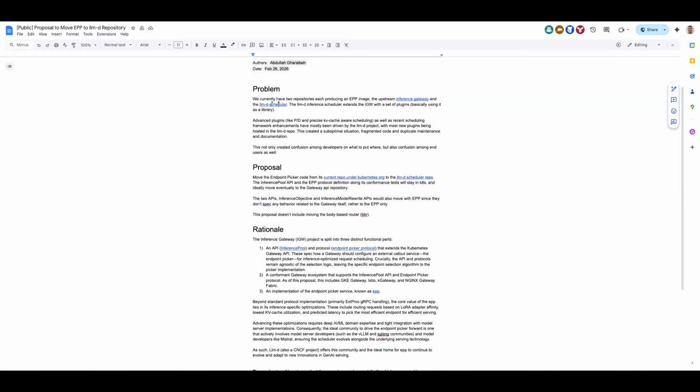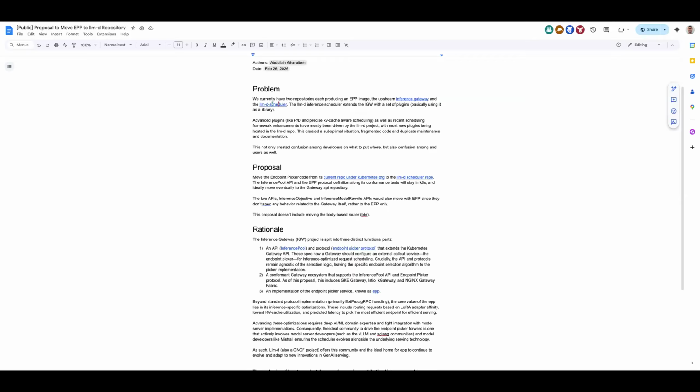Yes. So first of all, I'm very much in favor of this. I think IBM in general is, so I can say that. But one of the things you left out was the BBR. And if you're trying to move what doesn't go to LLMD into Gateway API, I don't think they would take the BBR, because it's application specific. From what we understand from them, they really don't like application specific things in their